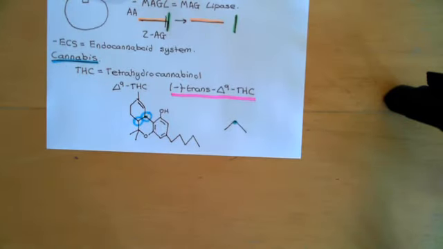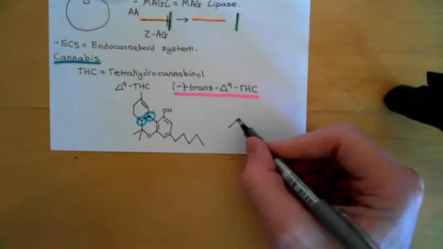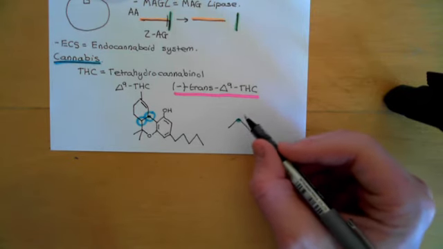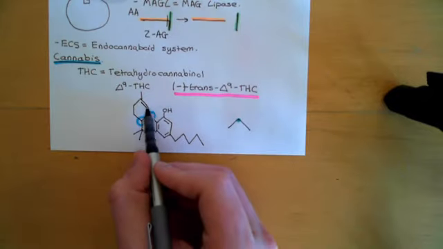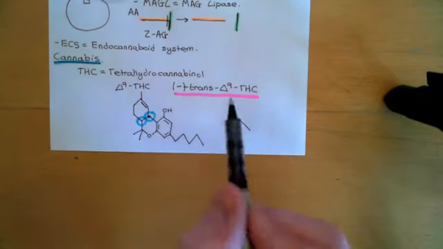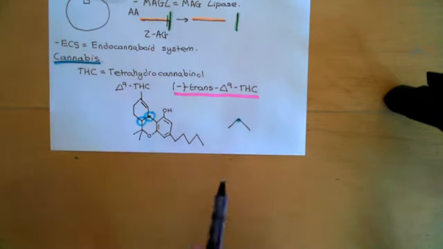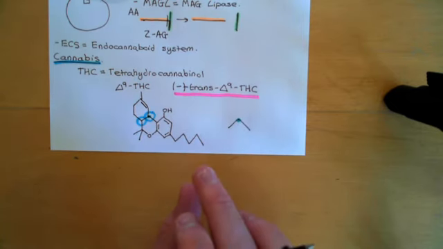And then the final 2 groups that come off that turquoise carbon, one of them has got to go into the page away from us, and the other has got to come out of the page towards us. Now the question is, which is it going to be? Is it going to be this major group here with all of this hanging off it that's going to be coming out of the page, and then the hydrogen that we haven't even shown on this diagram will be going into the page away from us, or are we going to have it the other way around?